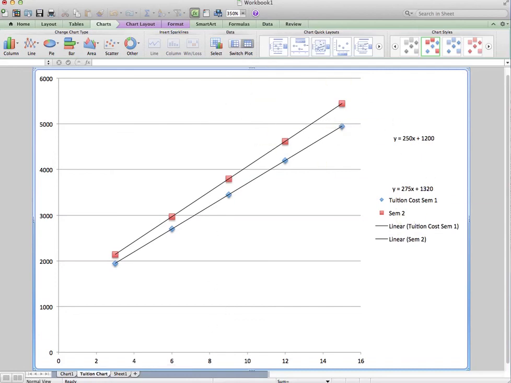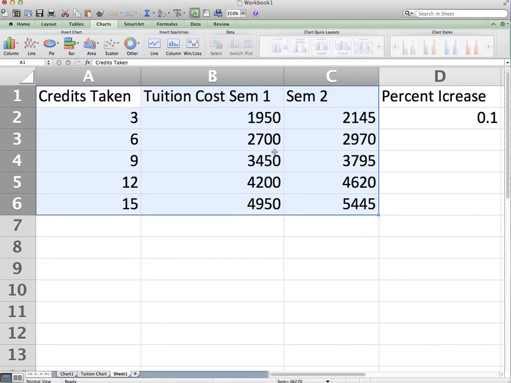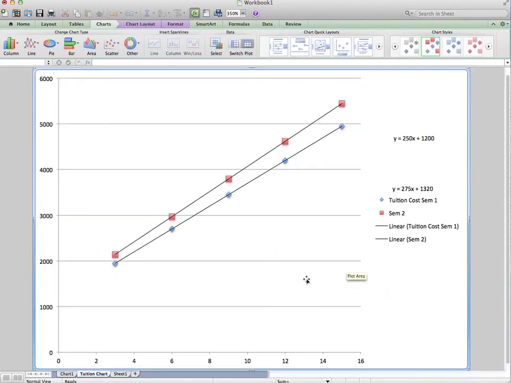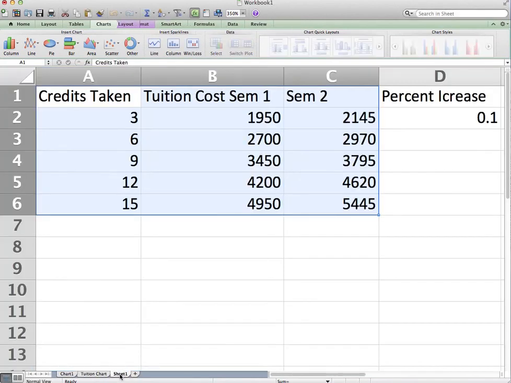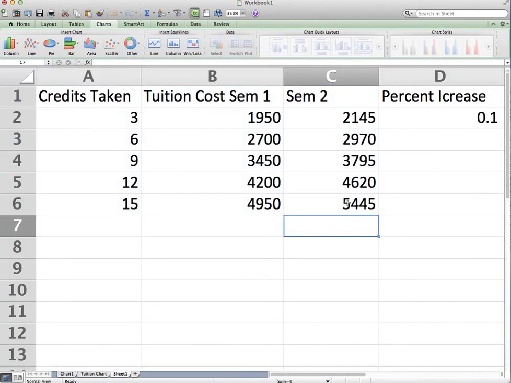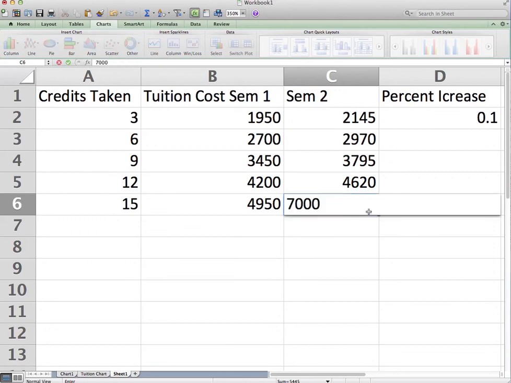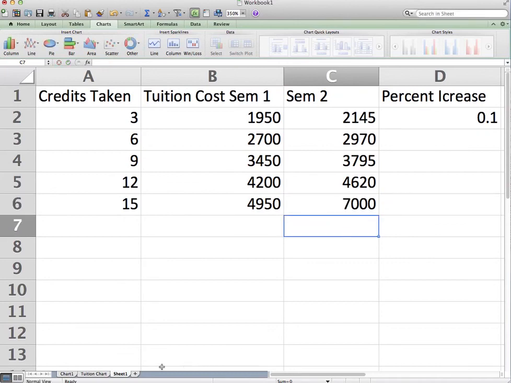That's my chart. Now if I go back to my sheet 1, there's my sheet 1. I don't have a big old chart right there covering it. I want to go look at my tuition chart right here. And now I can change it. It should be interlinked. So instead of using that equation for this one, I'm going to make that number like 7,000. Enter. Now let's go to my tuition chart, and you should see